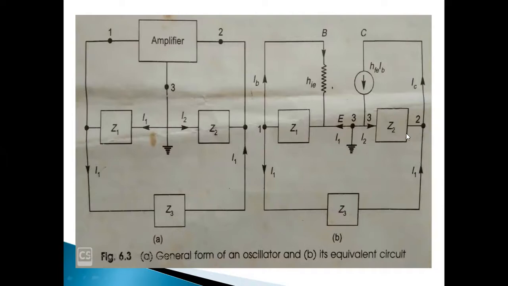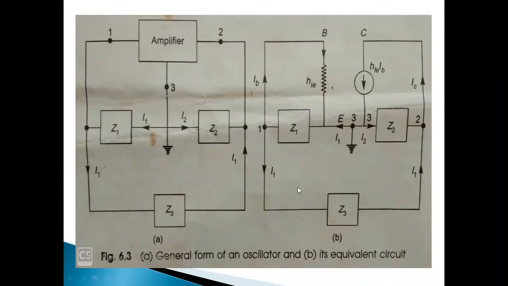Load impedance is the parallel combination of Z2. This is the output node. So we have impedance at this point as Z2, and we have one more impedance, and this is the total impedance we should derive. So this total impedance, that is the impedance at this terminal, is in parallel with this impedance. Okay. So Z2 is in parallel with this total impedance. So the load impedance, let us consider it as ZL. So ZL is equal to the parallel combination of Z2 and this total impedance.